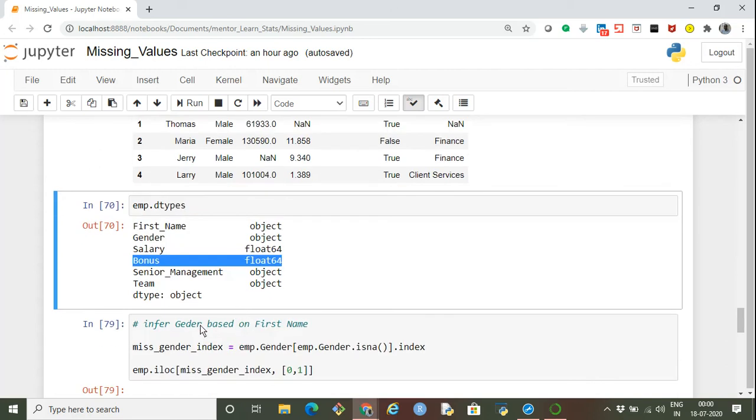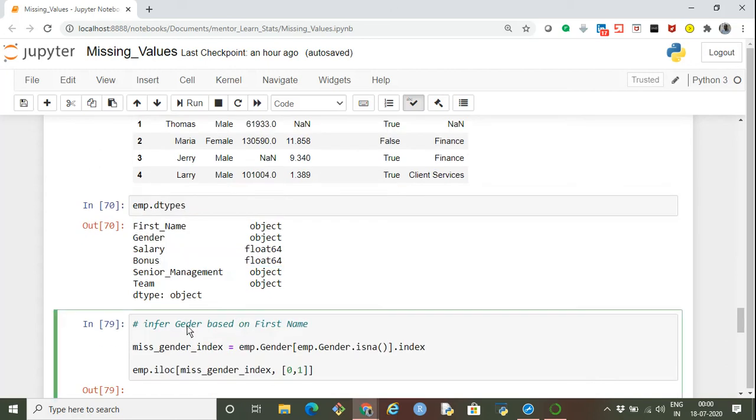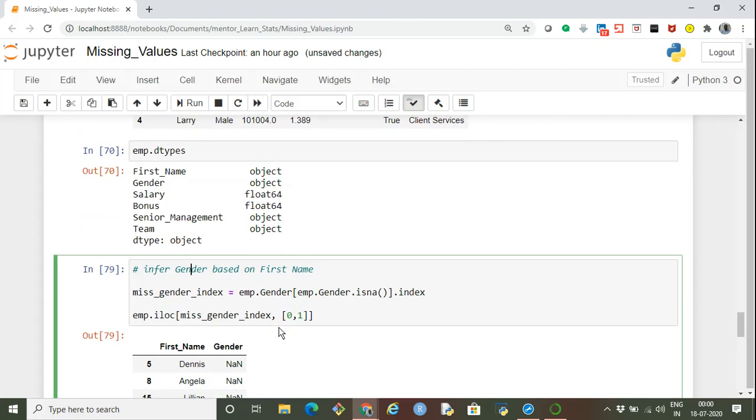For example, if I have to infer gender, then for all those records in which gender is missing, we can try to infer gender based on the first name, because more or less we are able to identify the gender of a person from the first name.